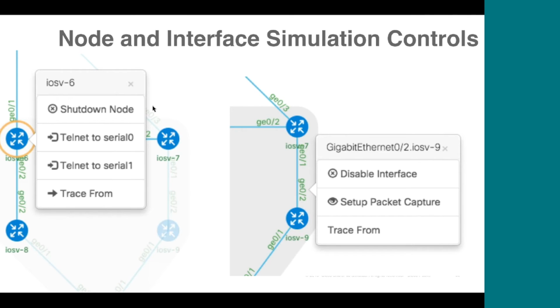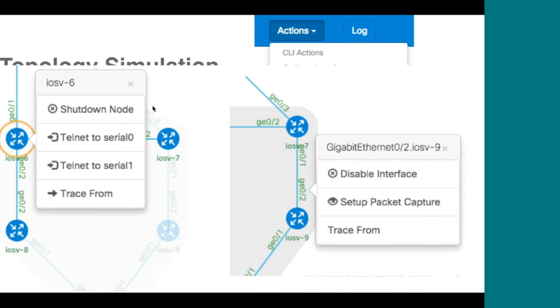Similarly, for an interface over on the right-hand side, if you click on the interface, you can click Disable Interface. That will then send through the request to disable it. And then once the interface is down, we'll see the status result coming back as being inactive, in which case the interface will switch to red. Then if we want to bring the node or the interface back up, we could just click on it again, and that context-sensitive menu would then say Start Up Node or Enable Interface. I'll show that in the demonstration.